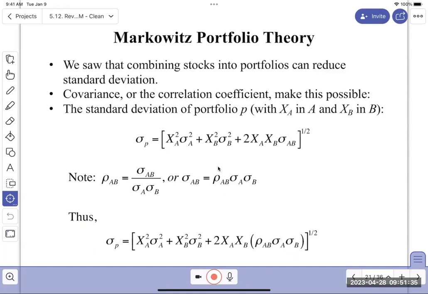So why would I do that? Well, I might not have information on the covariance. Often people just use or calculate the correlation. And so this might be more useful. So what I'm going to do now